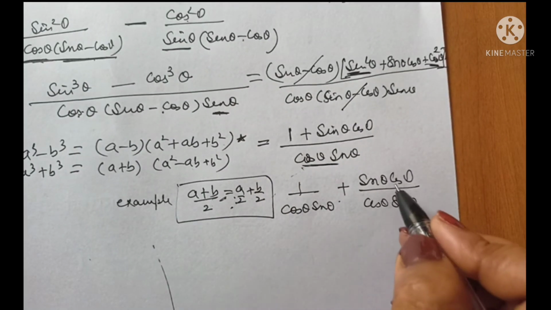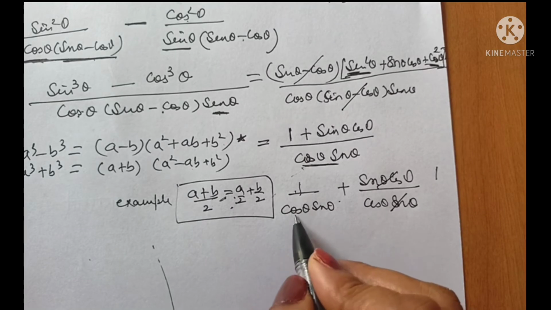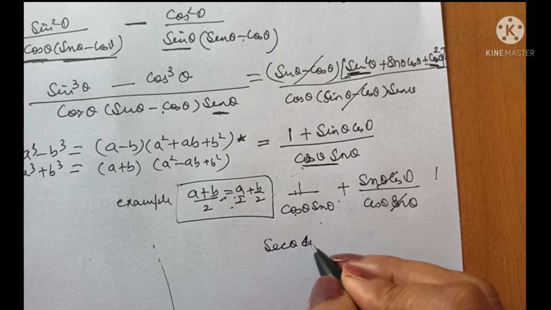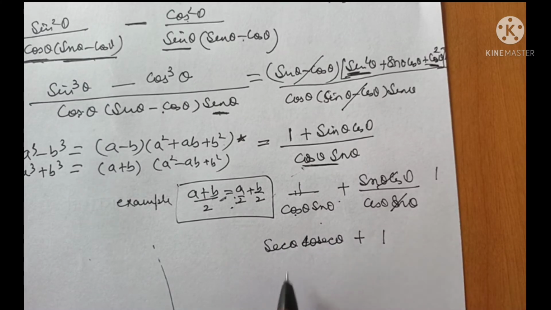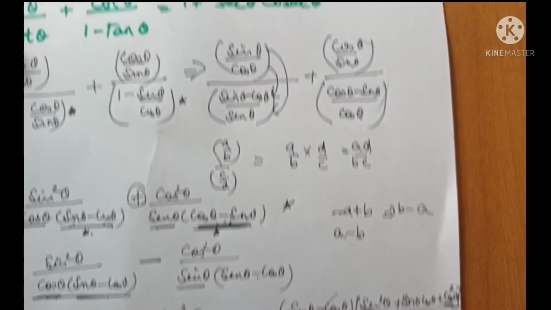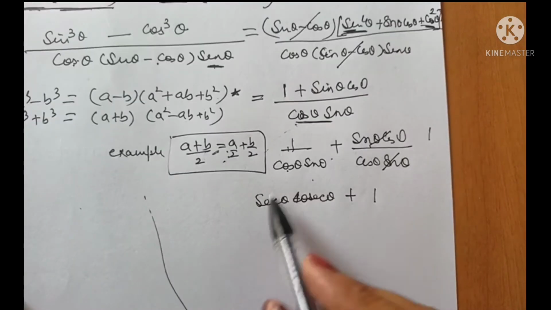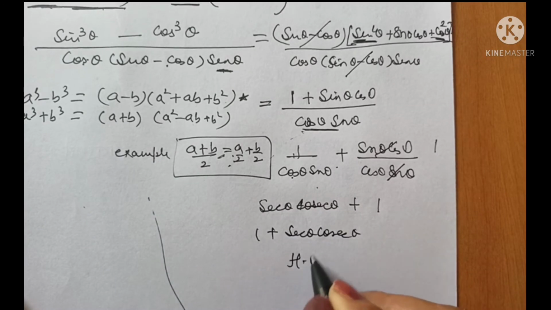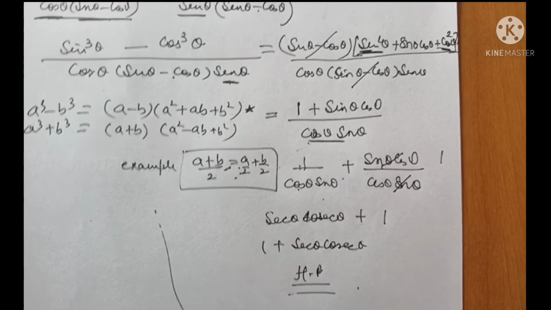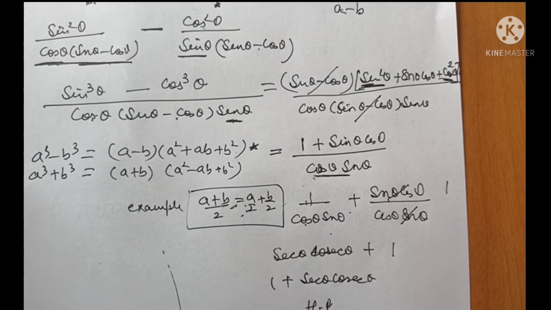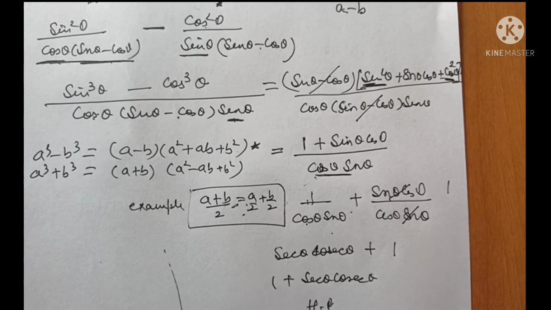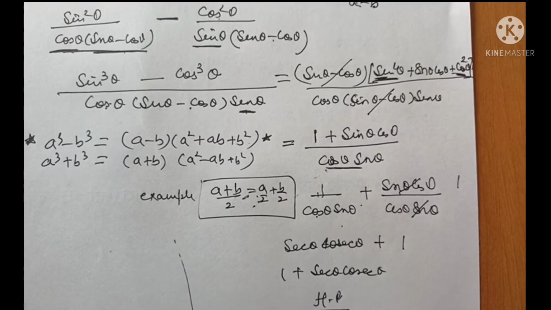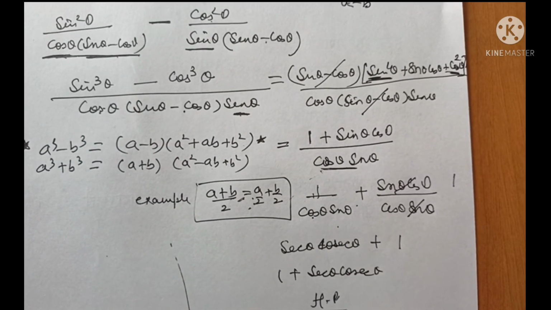Okay. So this gets cancelled, I get 1, and 1 by cos theta can be written as secant theta. 1 by sin theta can be written as cosecant theta, and this is 1. So you can see it resembles what I had to prove, 1 plus secant theta cosecant theta. It is one and the same thing. So this is the proof. Right? I hope you understand it. You can again watch it and do it along with me. I will give you its alternate method in another video, because this video has already become too long, but I want to cover the whole of the question in a single video. So let's go on to the next part.